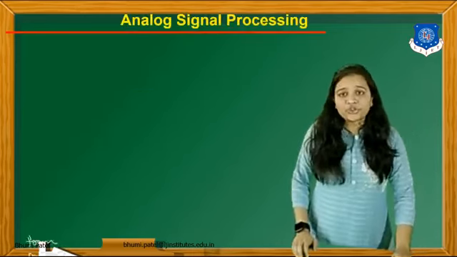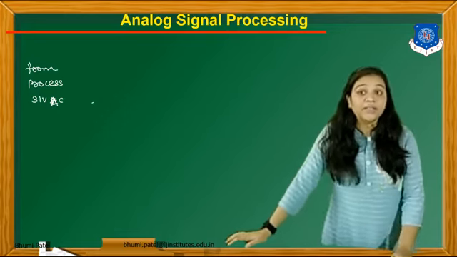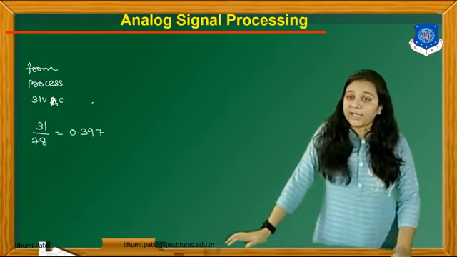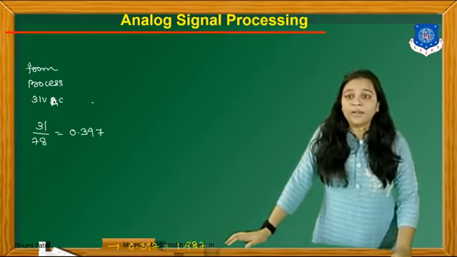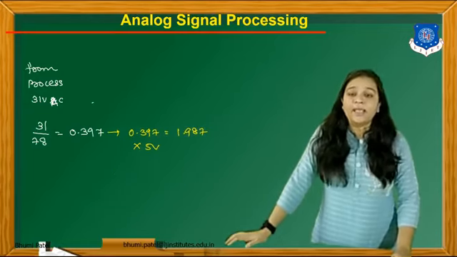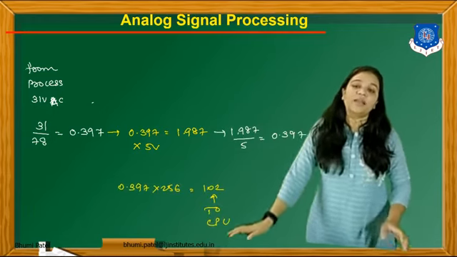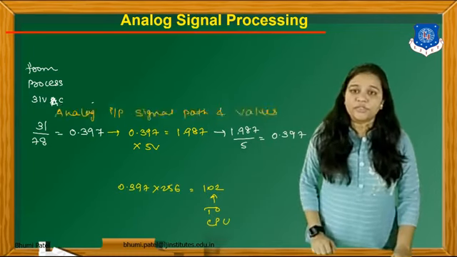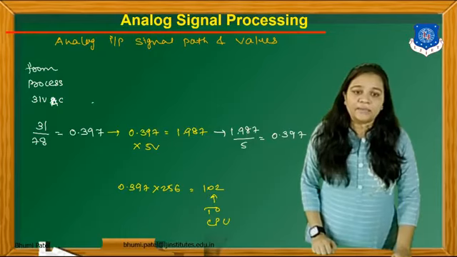And what is the actual calculation behind this? So in the example, they will give, for instance, 31 volt AC. So for that we have to divide this value by the maximum limit, then multiply with the 5 volt DC, and then again divide by 5 and then multiply with the 256, and we can get the number. So this is all about the analog input signal path and its value.